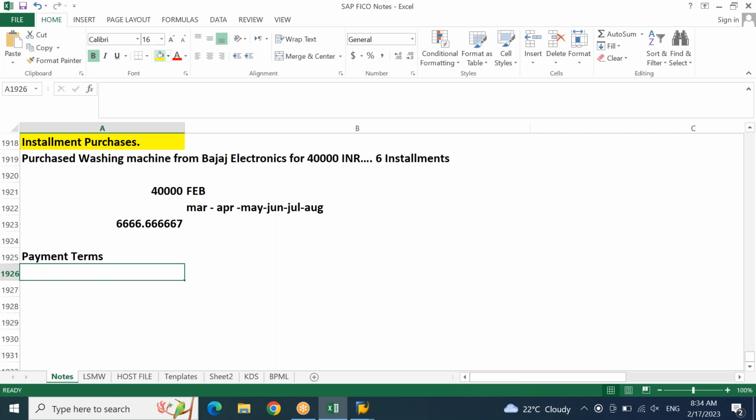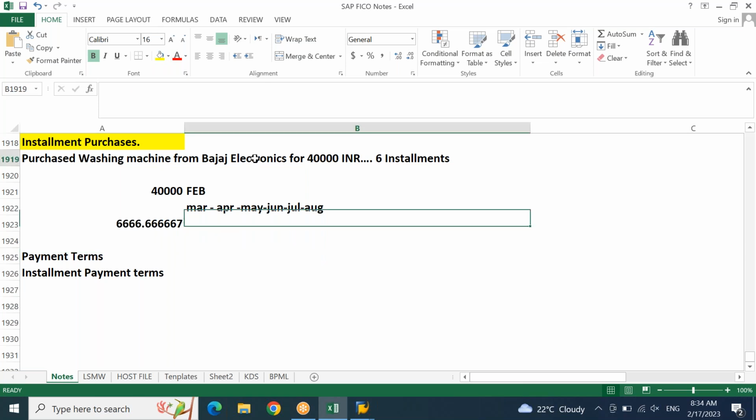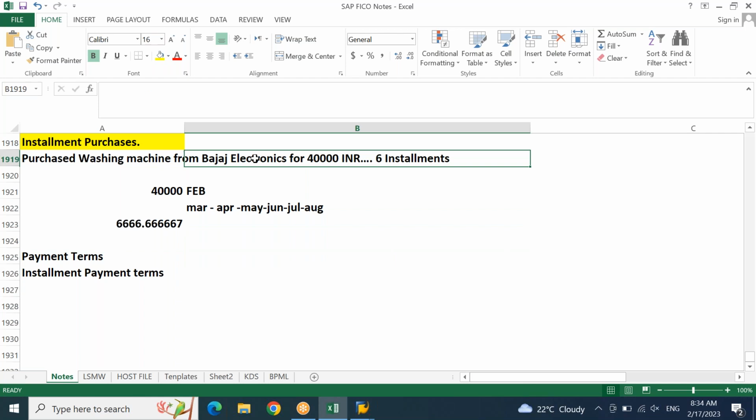So in short, your payment terms will talk about when your invoice falls due or when you have to initiate the payment, whether you get any discount while making the payment or you have to make the total net payment. This is what you will get in payment terms. Within the payment terms, you have something called installment payment terms. Let's say this is the normal payment term you are assigning for this invoice, what this will do,